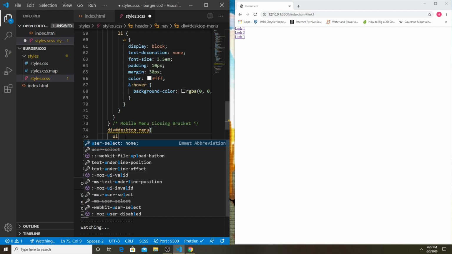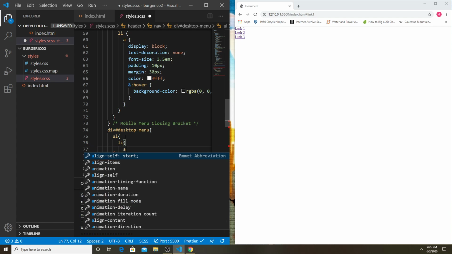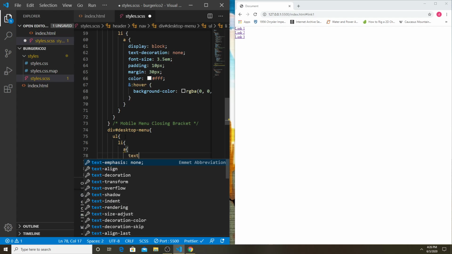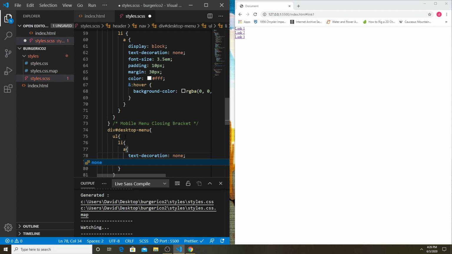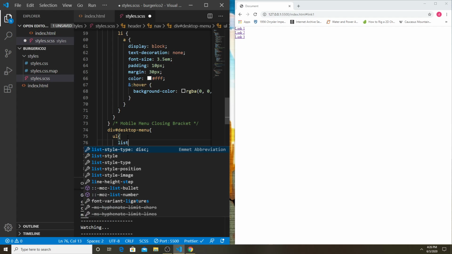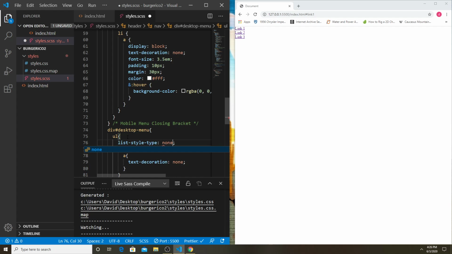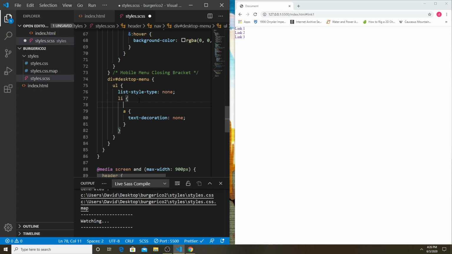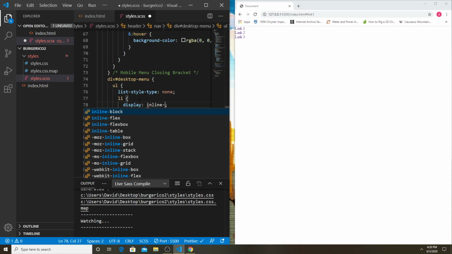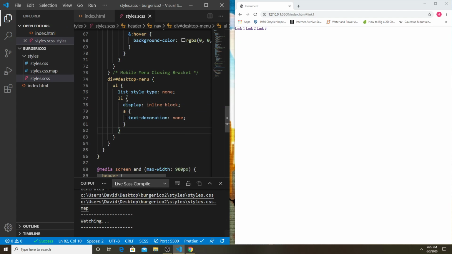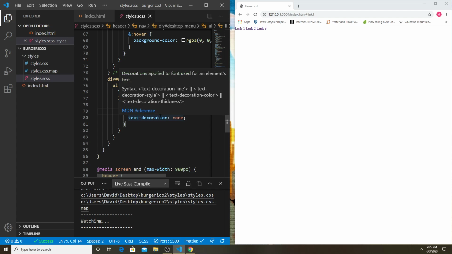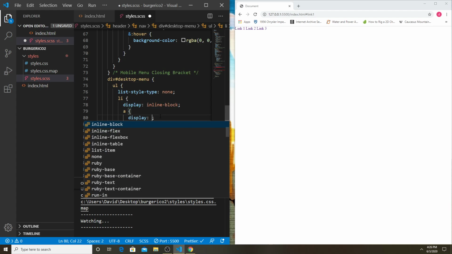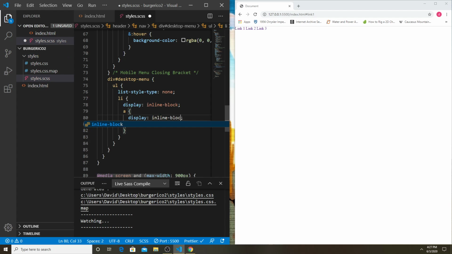And the desktop menu again has a UL and an LI and an A. So we want that A to be text decoration none. We want the UL to be list style type none. It's not even showing any bullets because I guess there's no margin. We also want these LIs to be display inline block. Okay. And the A's also, I guess we should do display inline block because in case you want